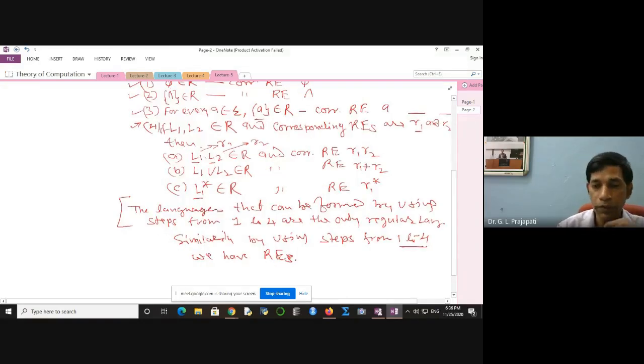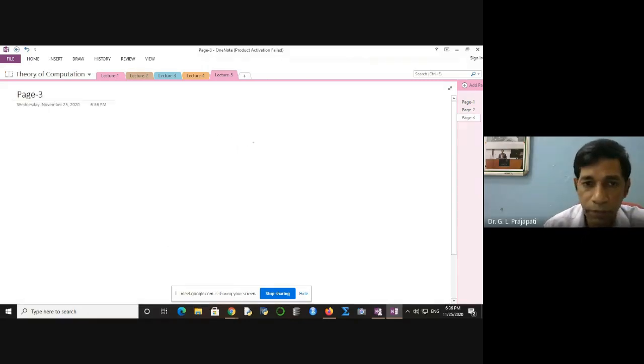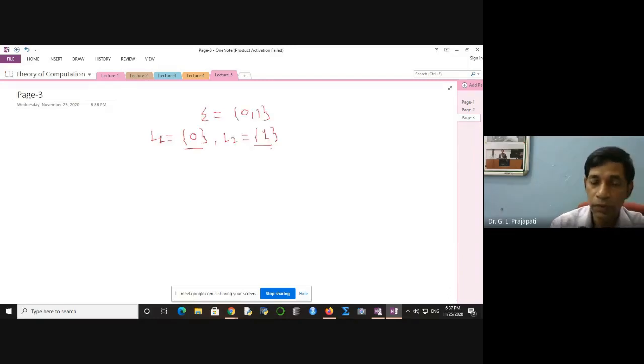So using steps 1 to 4 you can construct regular expressions, and you can form any complex regular expression. You can form any complex regular language. Assuming that we have the alphabet 0 and 1, these are the alphabet symbols, and by using this alphabet sigma, we have